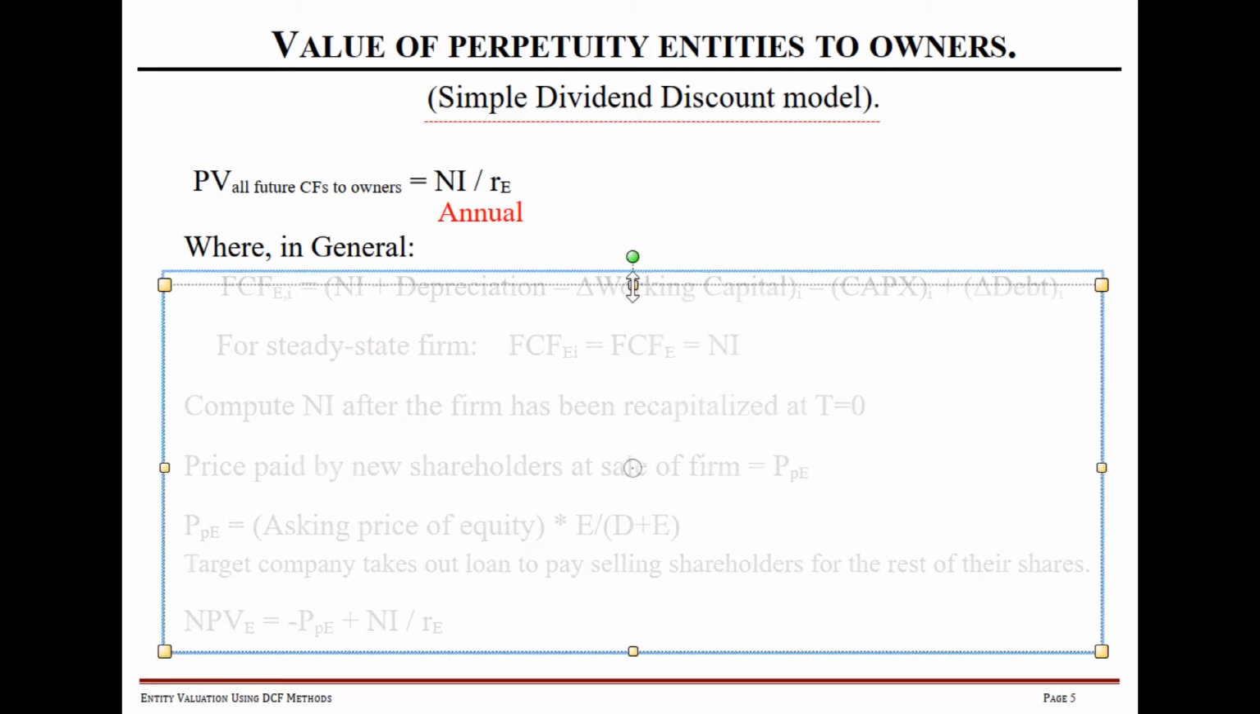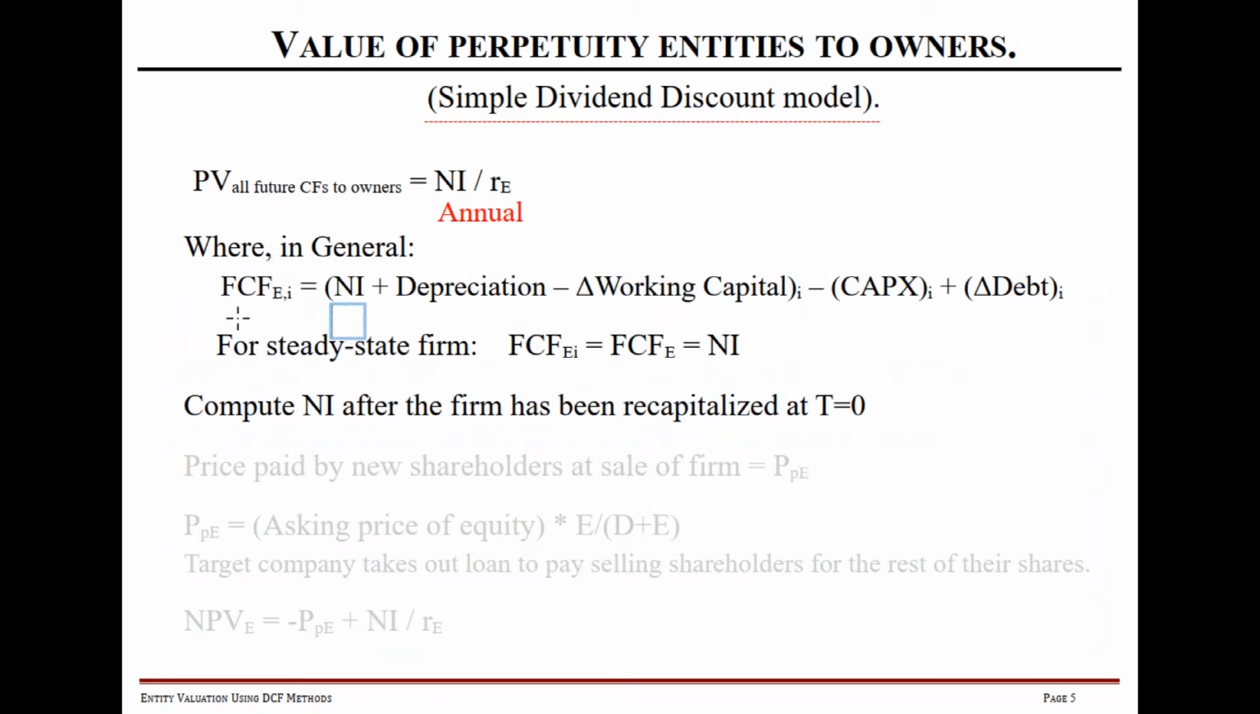In general, our free cash flow to owners in any given year came from this fairly complicated formula. But really, if you recall what went on in financial accounting, this really just comes from the indirect cash flow statement. So the free cash flow that's available to owners in any year is equal to this whole mess. And if we have a steady state company, everything cancels out except for net income. So the free cash flow in any given year I is going to be constant, and that's going to be